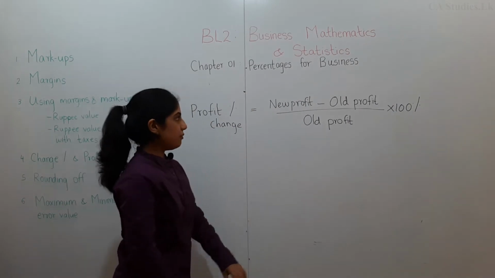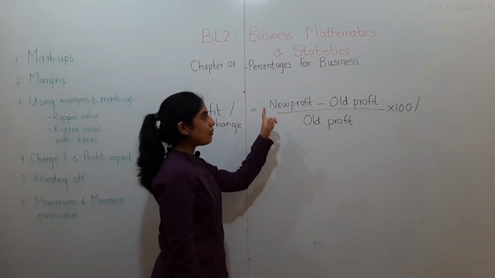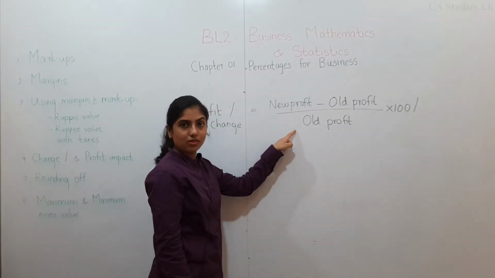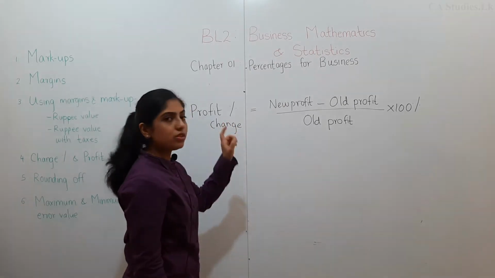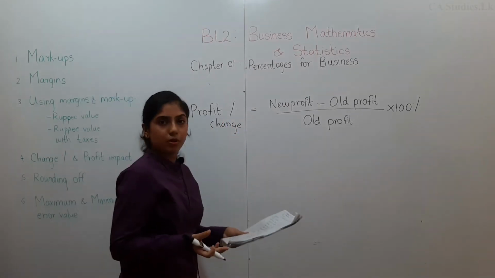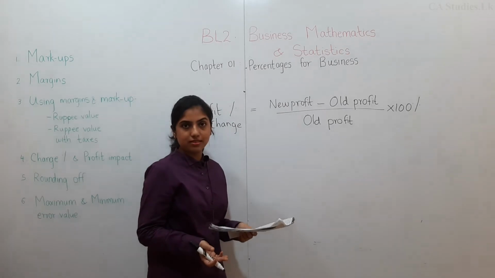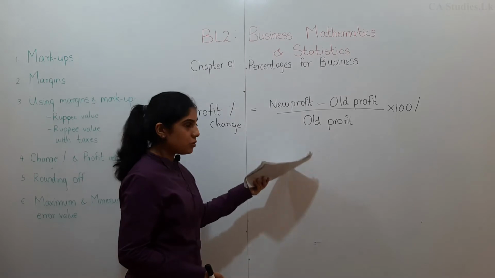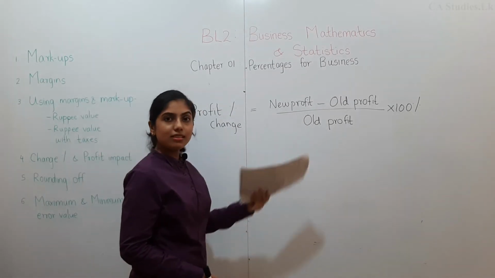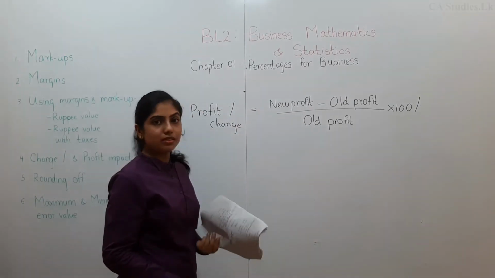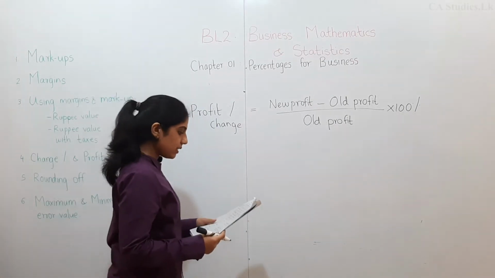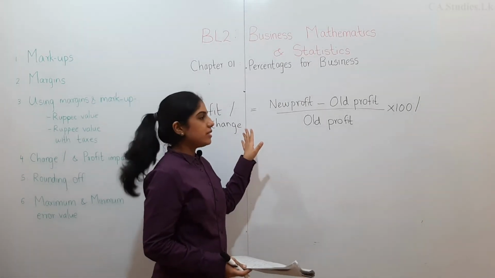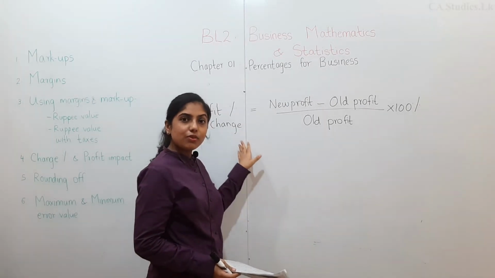So with this you now know I have to find the new profit, and I should know the old profit also. Let's look first at the old profit, because they didn't give us those figures. We have to calculate it separately, get the new profit separately, and then apply it to our change percentage formula. That's why I am saying remember the formulas, because from there you decide what to do next.